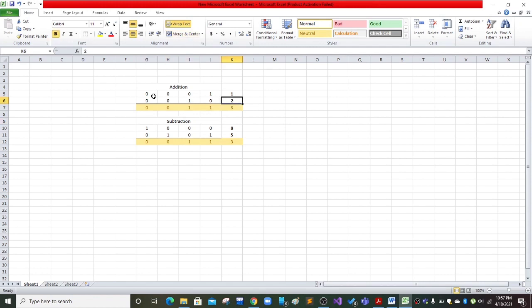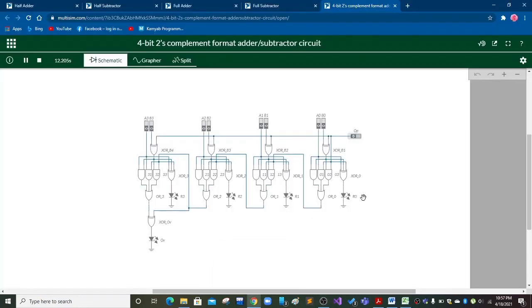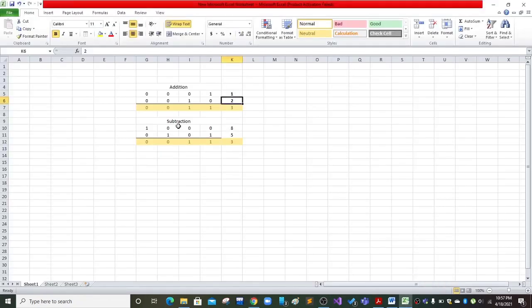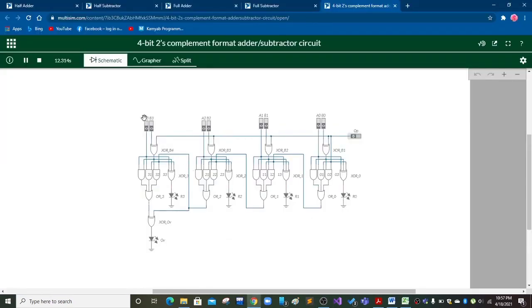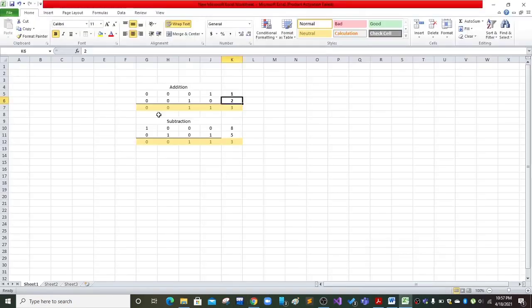As we are performing addition here, the operation must be 0. You can see that for the first input we set it to 0, 0, 0, 1, and for the other input it is 0, 0, 1, 0,